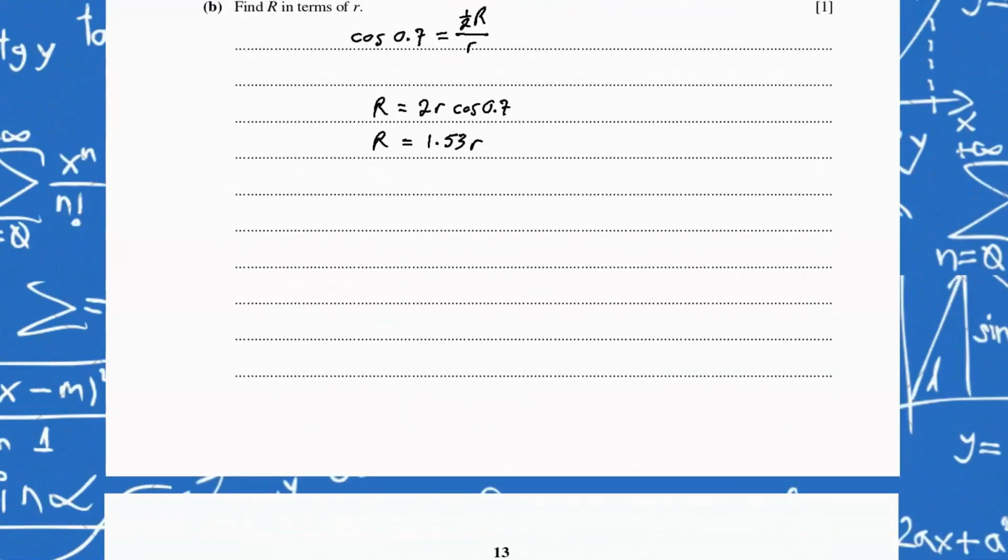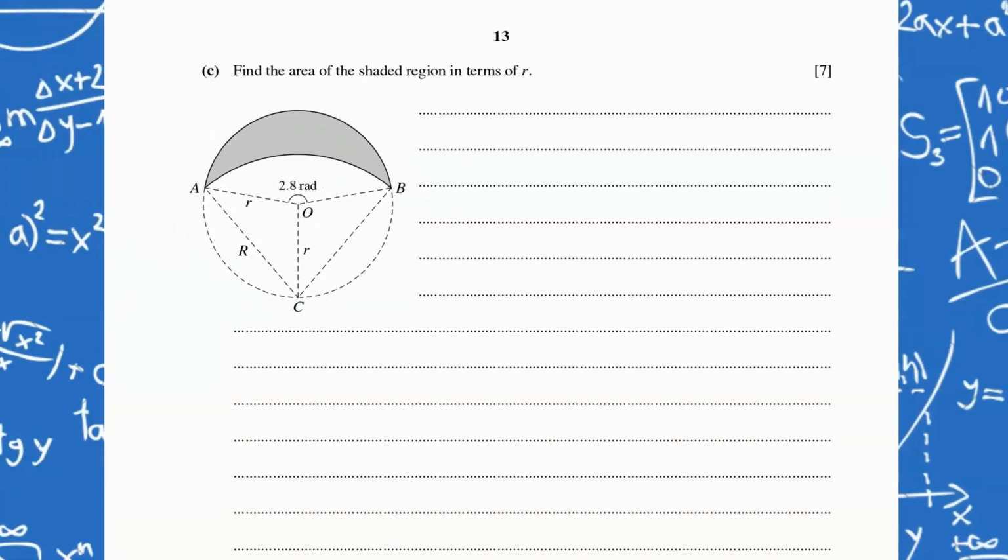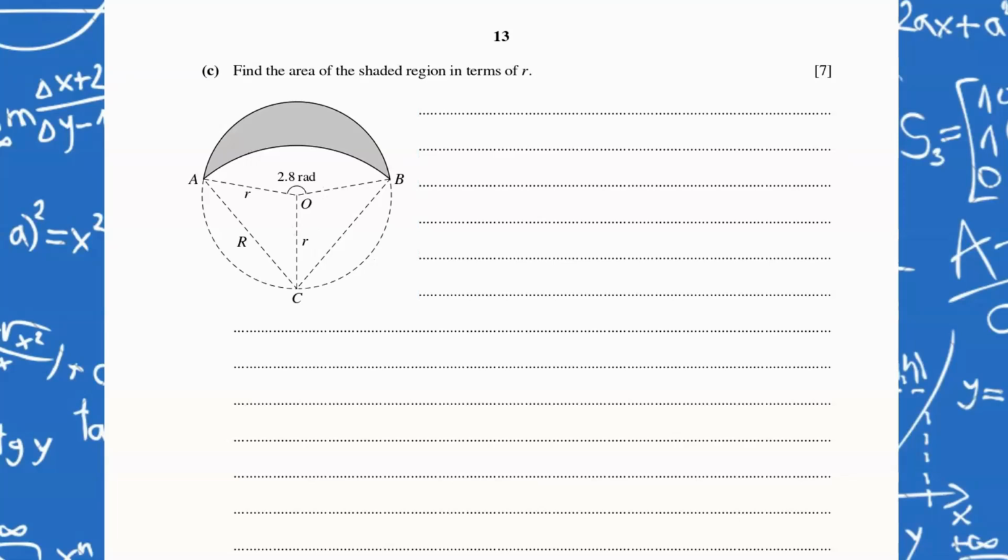Let's go on to the next part, which is part C, where they say we should find the area of the shaded region in terms of r. Okay, so let's have the diagram, which is right here. So that's the original diagram we have, and they want us to find the area of the shaded region. All right, so to get this area, I am going to use the segments method. So I'll draw a line right here, like this one here, and I am going to say for the shaded region,